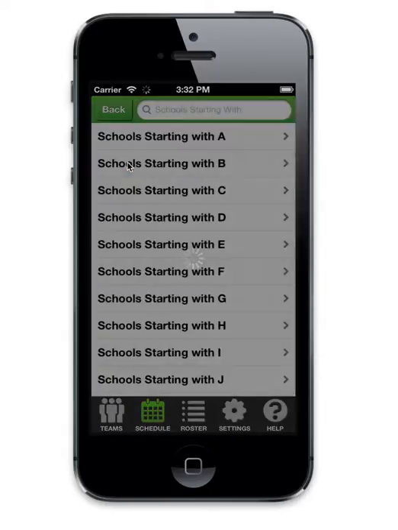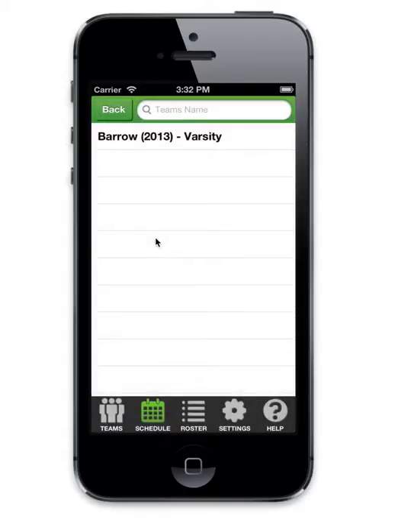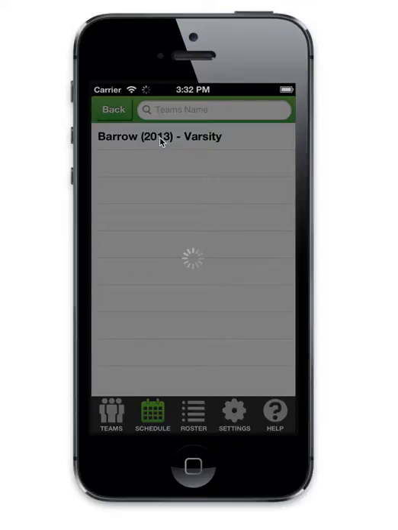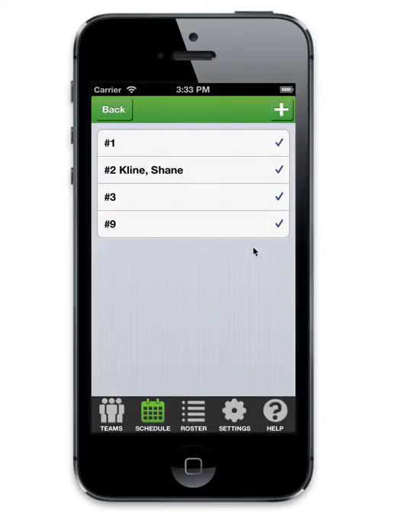And I'll just go in and I'll pick a school that I am playing. So I am playing Barrow, for instance. I will select them. I will select their 2013 varsity as long as it's a varsity game, and I'm good to go. Now, for instance, if they don't have very many players and you want to add some of their